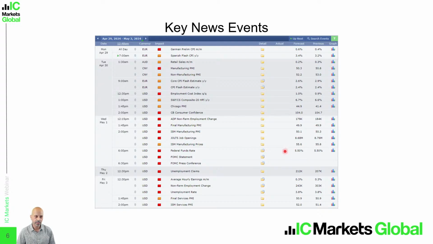Of course, the Fed is definitely not going to raise interest rates, nor are they going to cut interest rates come 1st May, but they're very likely to adopt a very hawkish outlook in their press statement and in the FOMC statement, as well as the press conference by Chairman Powell. So take note, all market participants will be keeping a close ear on what he has to say during his press conference, and that is definitely going to drive significant demand for the dollar on Wednesday. Okay, so with that, let's move on to the charts and TradingView.